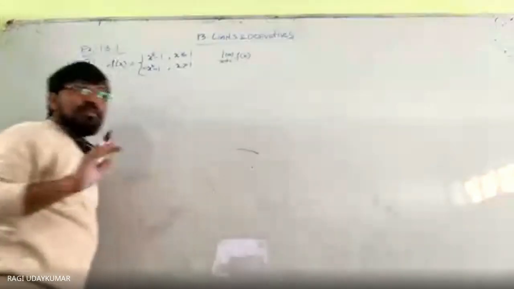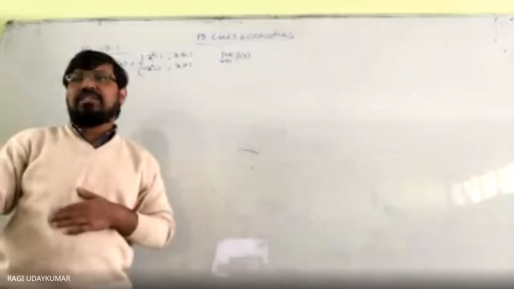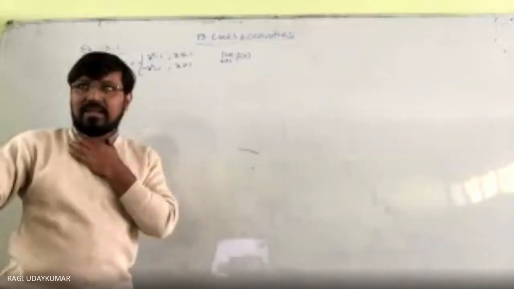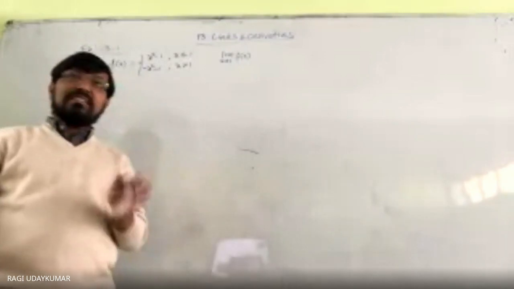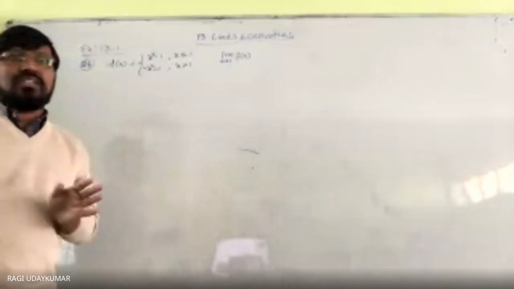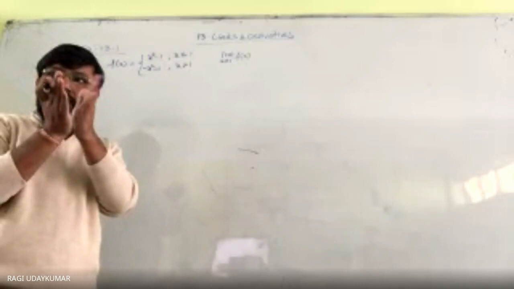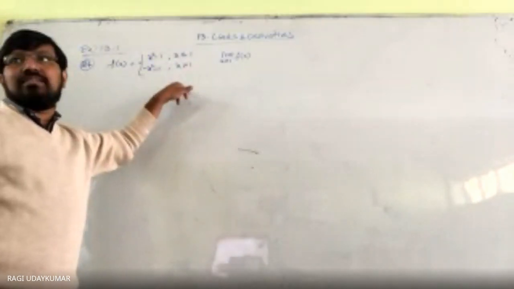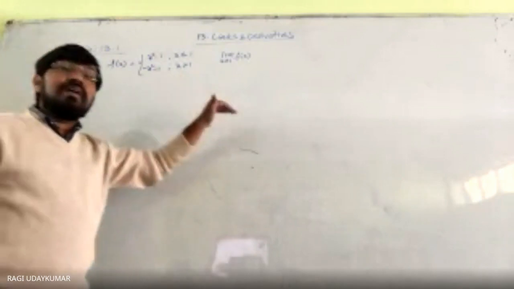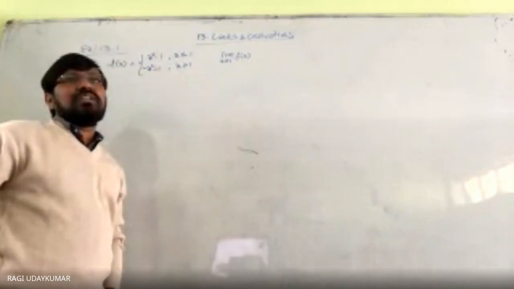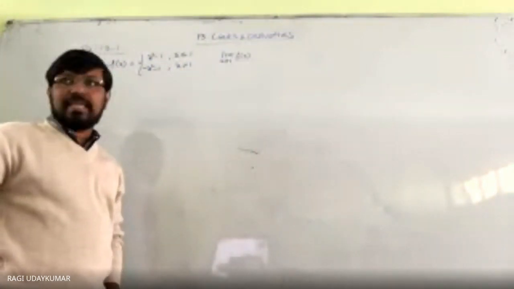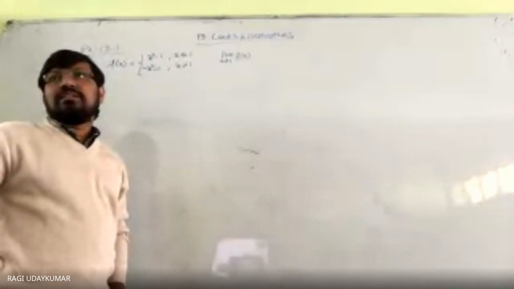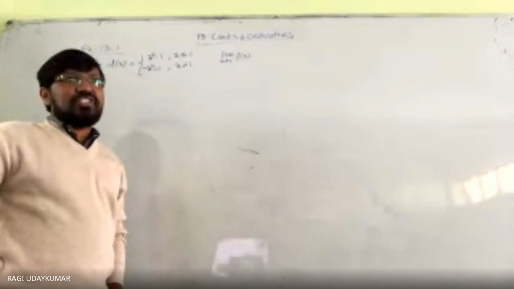So do remember that whenever you are finding the limit x tends to 1, you check whether the given function is a split function at the place of 1 or not. Split function means वो split हो गया. So at the place of 1 it is splitting. So that's why you need to find out the left hand limit and right hand limit. If both left hand limit and right hand limit are equal only, then you can say that the limit exists.